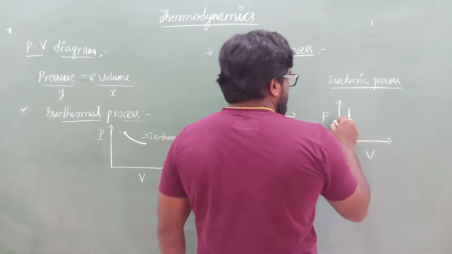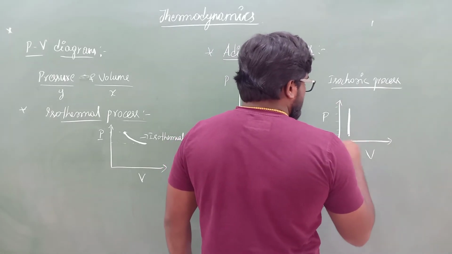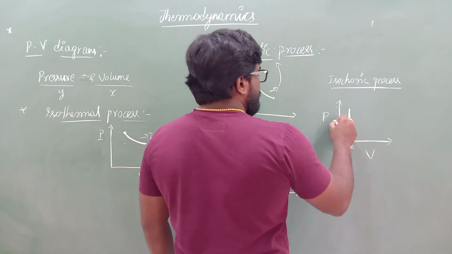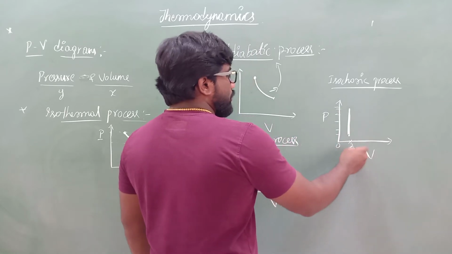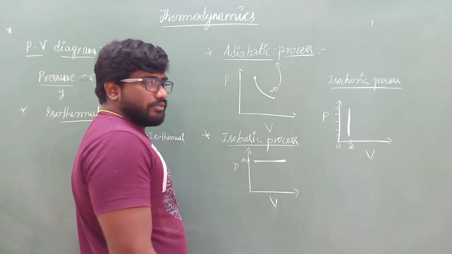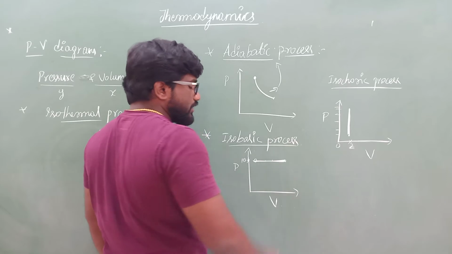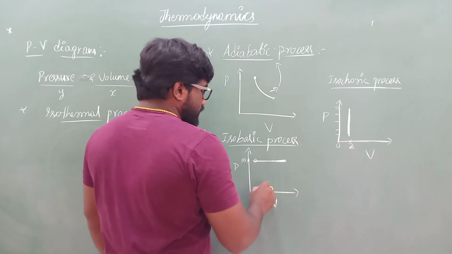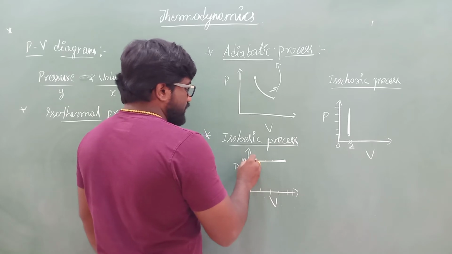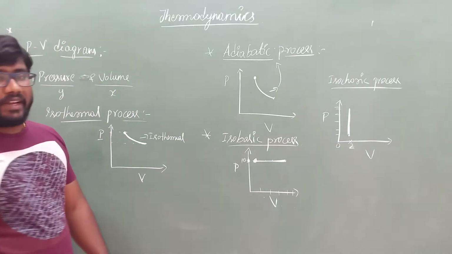See, pressure keeps on changing, but there is no change in the value of volume. Volume here is somewhere, some x value, some 2 meter cube initially. So if you change the pressure, there is no change in the volume, it is 2 meter cube only. Here also, take the pressure as some 10 Pascal. The pressure keeps on changing, the volume keeps on changing, 1, 2, 3, 4, 5, 6 like that, but the value of pressure remains the same, that is 10 only. So this is nothing but the PV diagram.